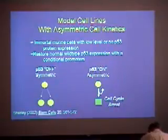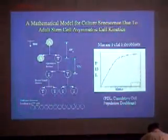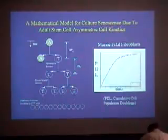And that led to our development of a mathematical model to ask, could we really account for what people observe in population doubling studies by modeling based on asymmetric cell kinetics? And I won't have time to go through this in detail, but